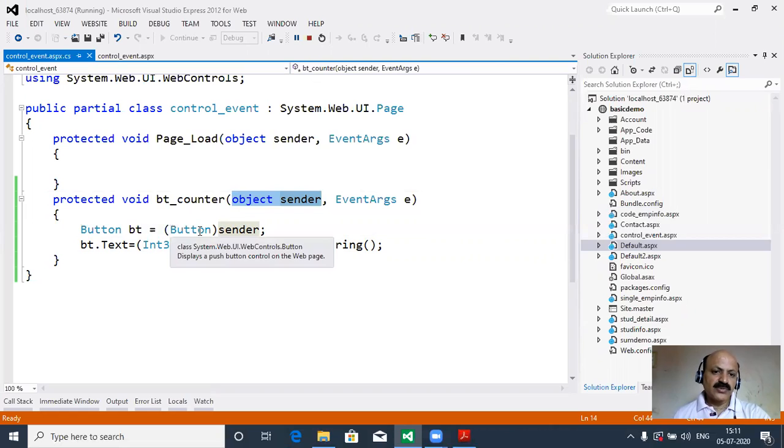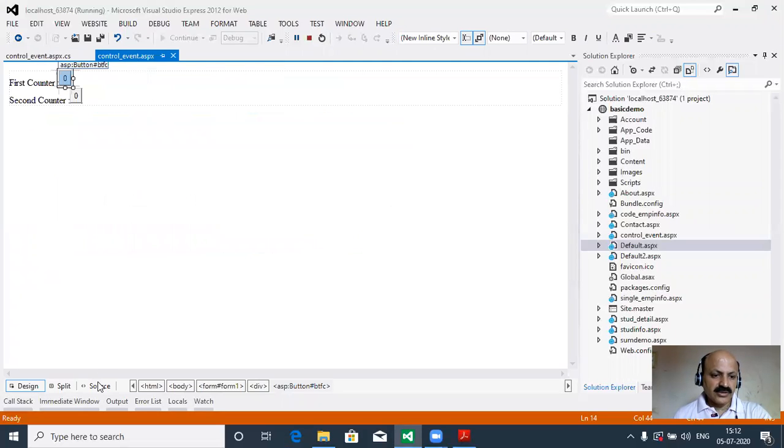So you can understand very well in the same signature of event, like page load. You can see the object sender and event argument e, here also object sender and event argument e. So sender is supplying to the ASP engine which control event the user is taking. So that event is fired at runtime. In this example we have taken two buttons, but we write the same one event.